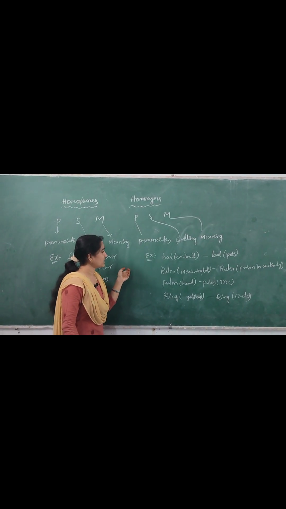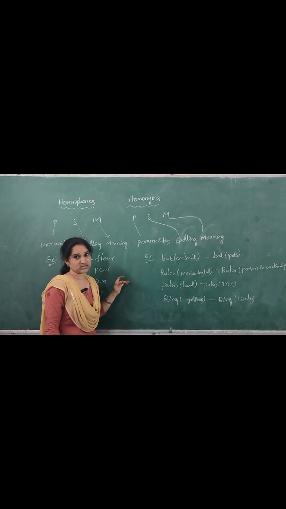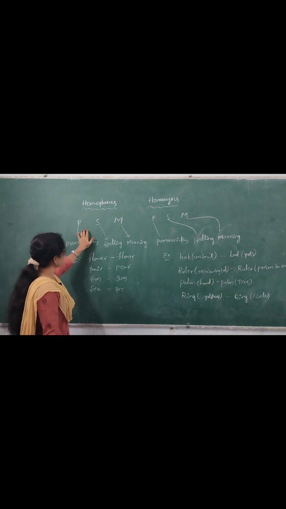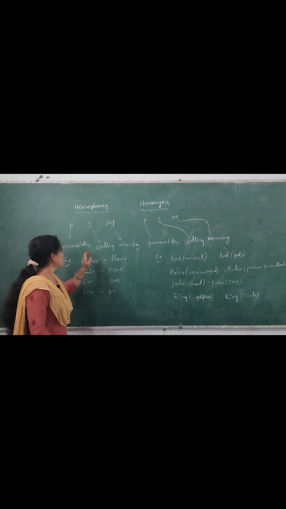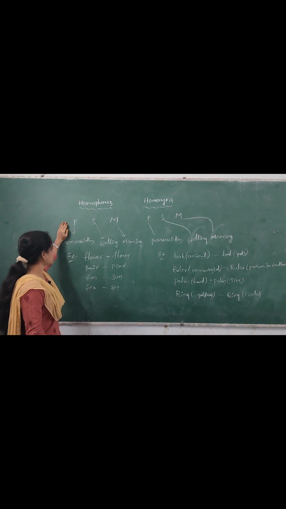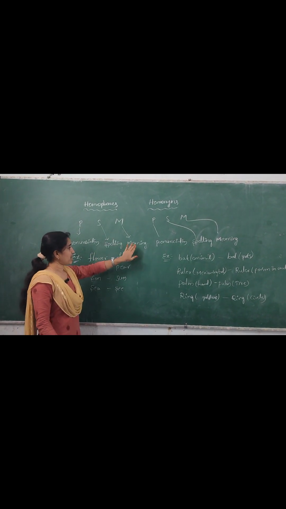So when we are reading the words, generally we get a little confusion between homophones and homonyms. But I will tell you a small theory which is very useful to you. You have to apply this technique when you are reading these words. For example, you should write PSM. Here in these letters, P stands for pronunciation, S stands for spelling, and M stands for meaning.